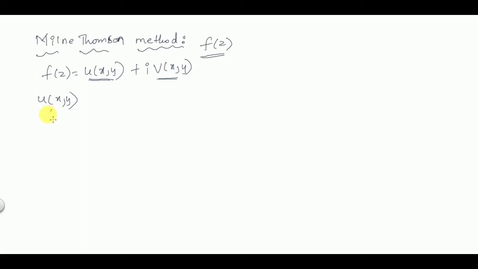So once you are given u of x comma y, you have to find ux and uy. I am telling you the procedure for solving a function f problem using the Milne-Thomson method, and later we will solve one problem each in Cartesian form and polar form, so that we get the complete concept of the Milne-Thomson method. So once you are given a function, either u or v, if you assume u is given, you have to find ux, that is dou by dou x of u, and dou u by dou y.